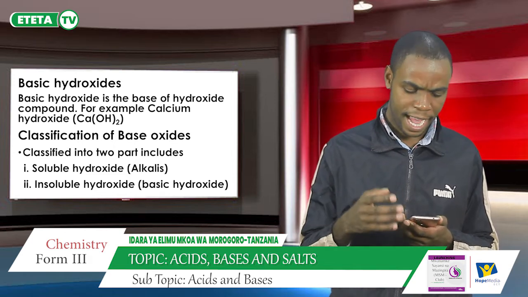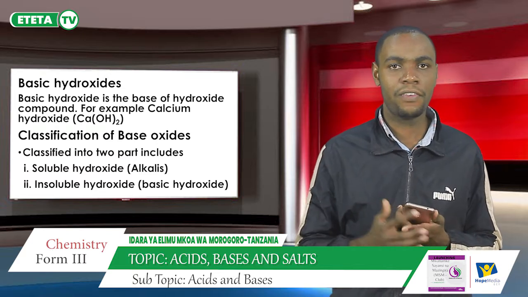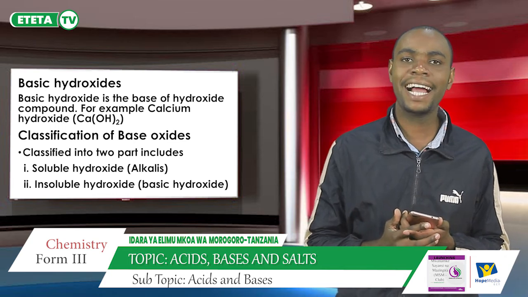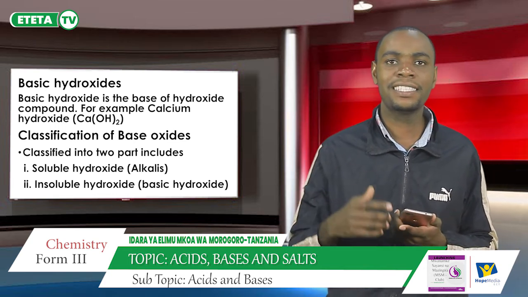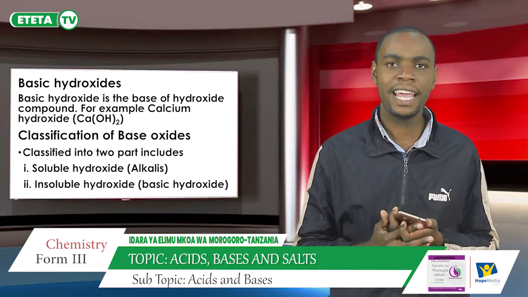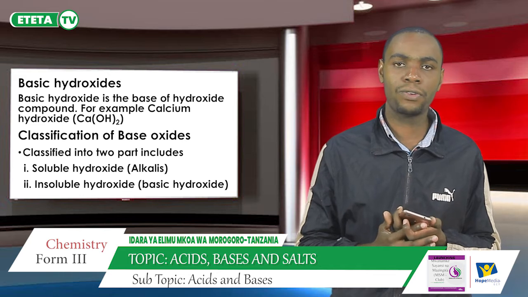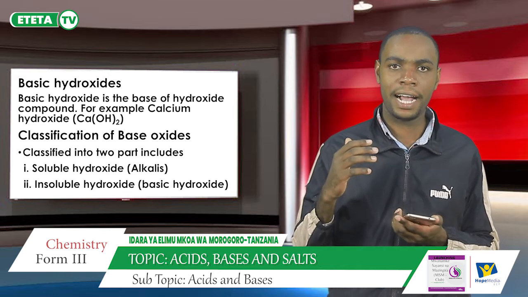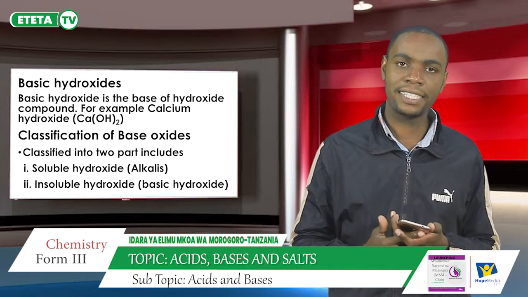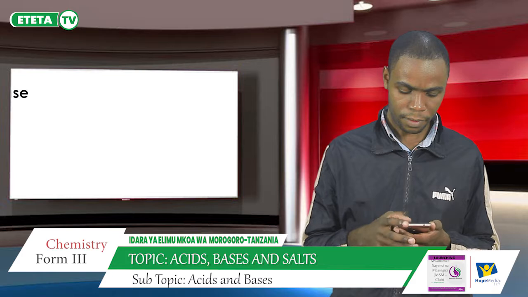Also, the basic hydroxides are classified into two parts. The first one is soluble hydroxide, which is called alkalis, and the second one is insoluble hydroxide, which is called basic hydroxide. So we have alkalis, which are soluble hydroxides, and we have basic hydroxides, which are simply called insoluble hydroxides. Now, after that,